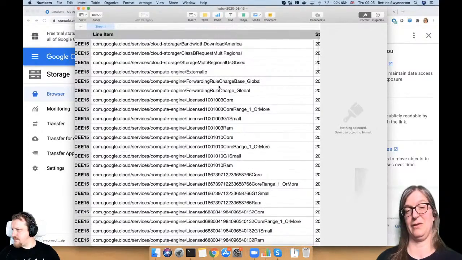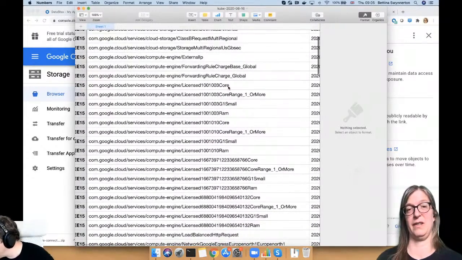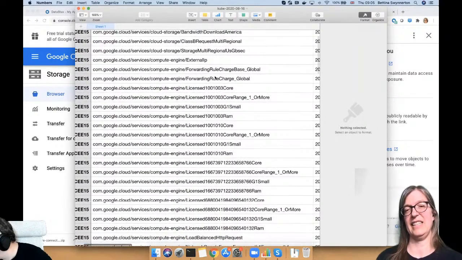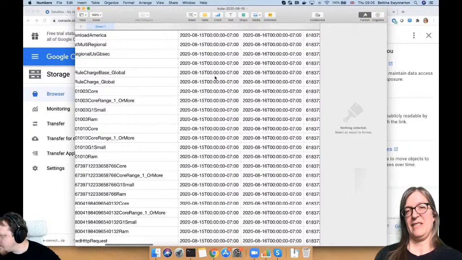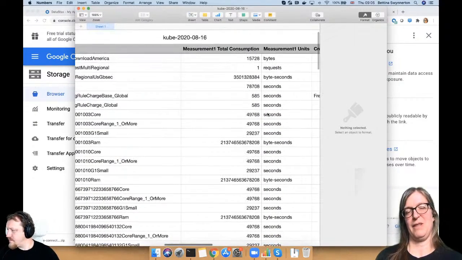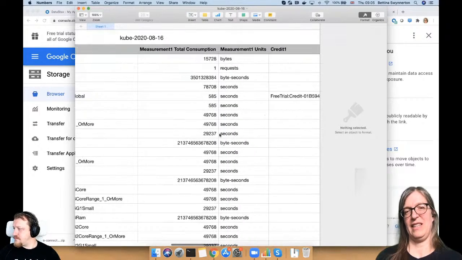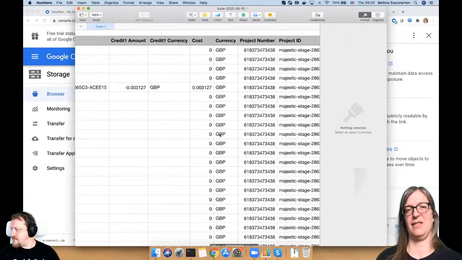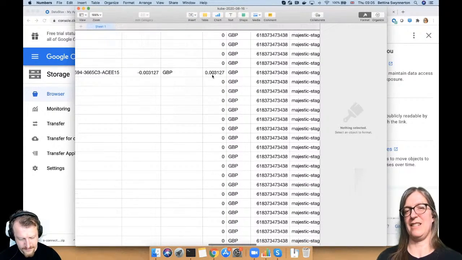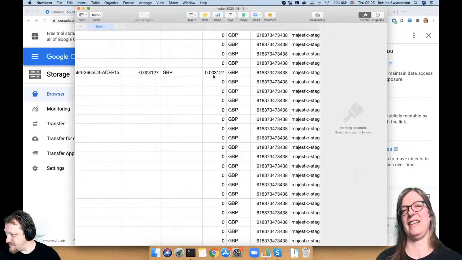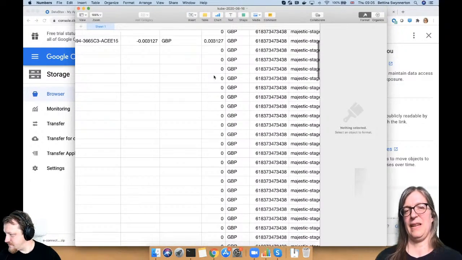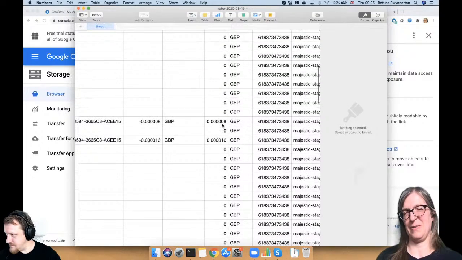I got charged for port forwarding, for example, and for external IPs. It tells you how long this was used, what the total consumption was, and then how much I was charged, right? So not everything incurs a charge, and everything that is charged is very small at this stage. These are really fractions of a pound, going down to very, very small fractions.